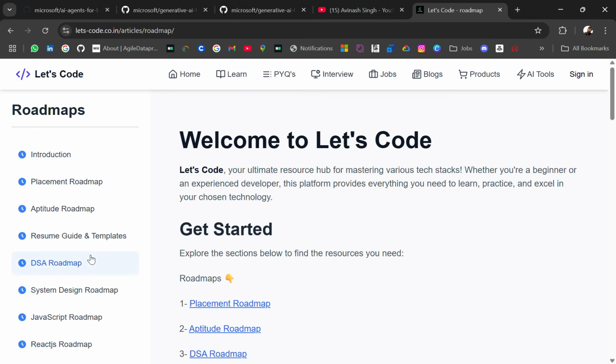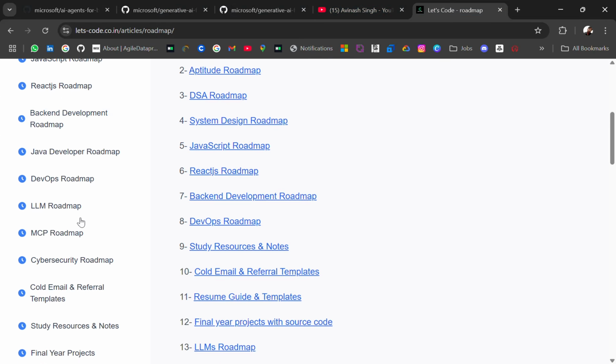I have even made a roadmap for AI LLM. Here is the LLM roadmap. I will attach it in the description. Go check it out. Here I have attached the resources which you can learn. I will also make a roadmap for AI agents and attach it here. So bookmark it. You can check other roadmaps as well. And for interview questions, you can check here CS fundamentals and other tech stacks. If you need any other resource, you can let me know in the comment section. I'll curate it and share it with you guys.